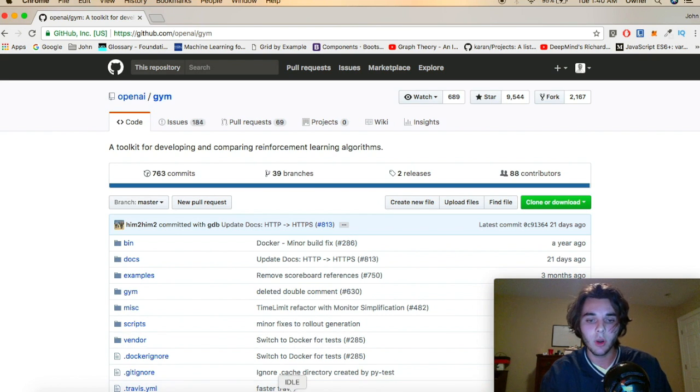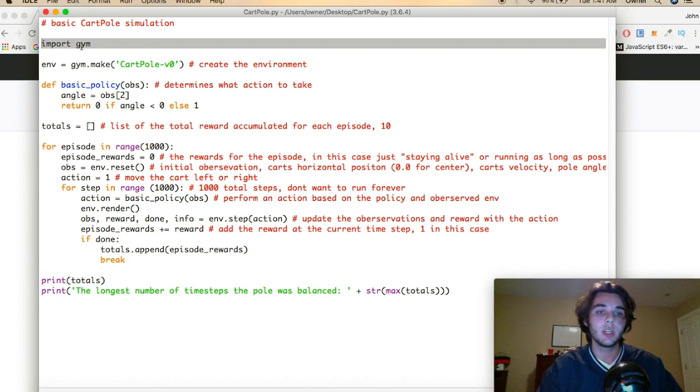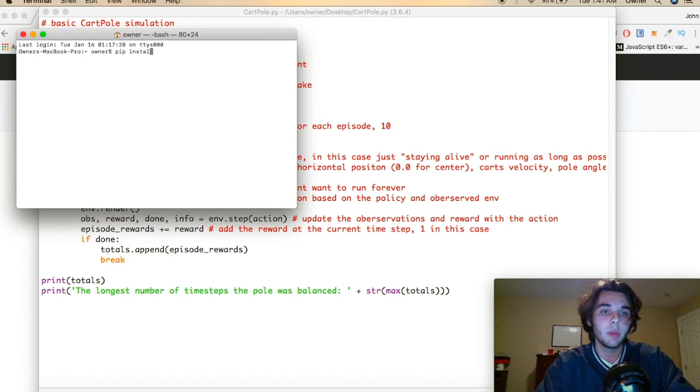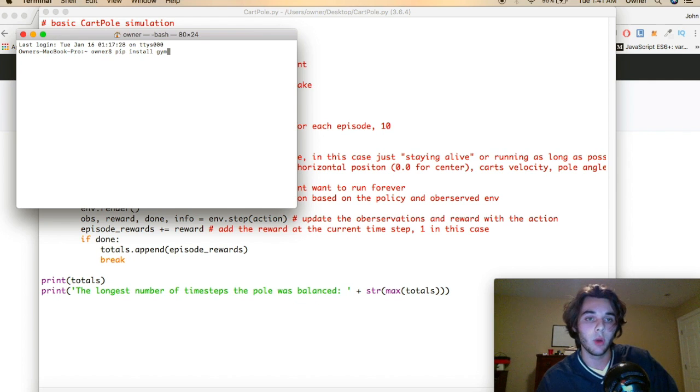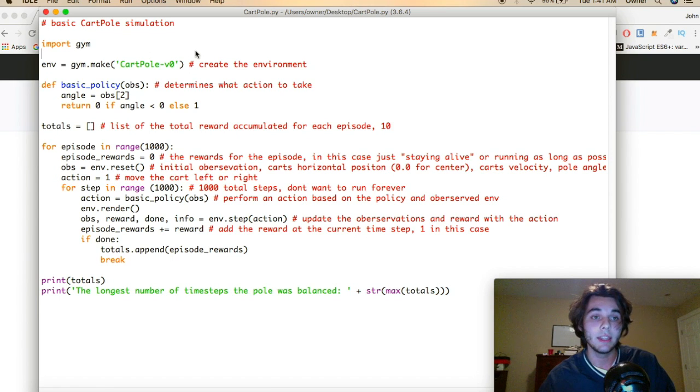Okay. So we're going to talk about now how we can create this script, how we can create this environment, and then what to do next. Okay, so the first thing we're going to do here is, again, import Gym, right? If you're following along here, you want to pip install Gym. Open up your command line or your terminal and run pip install Gym. All right, and that'll get that module installed on your computer for you. So next thing we're going to do is import Gym, so we're going to import that module into our